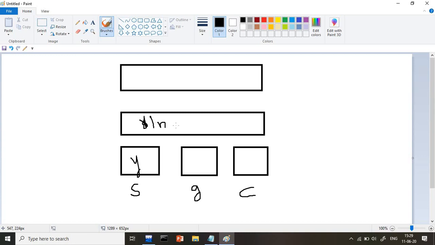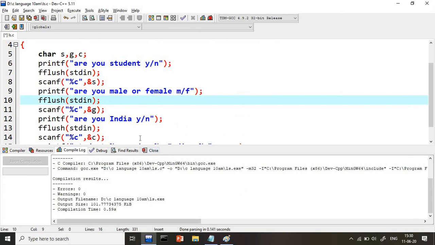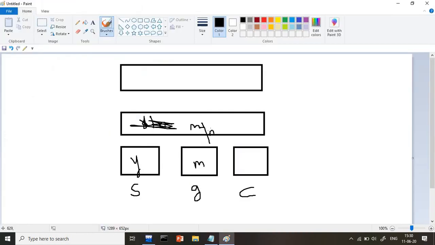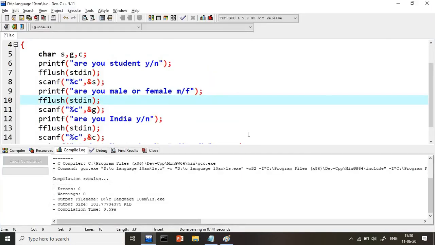Previously I was getting slash n into G, but now we are using fflush. Flush first clears this data and then reads are you male or female. So I will enter male, again slash n. This male value will go to G. Again before reading the third value we are using fflush, so this data will be removed and then you will read the third thing, are you Indian or not? Yes, so the Y value will go. So now you will get your output in a proper way.